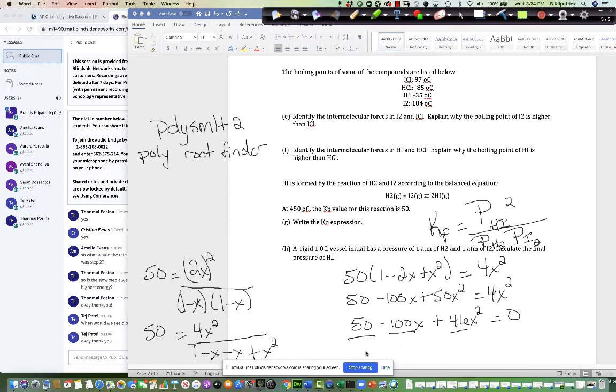And then once you plug that in and you hit solve, you're gonna have two numbers, one of which will not make any sense. So you have 1.3 as an option and then 0.779. Well, if you go back to your